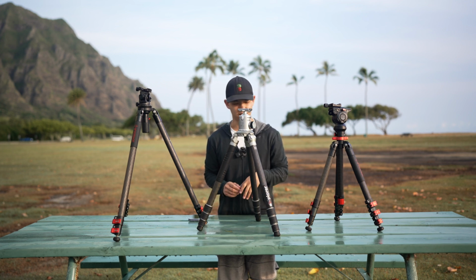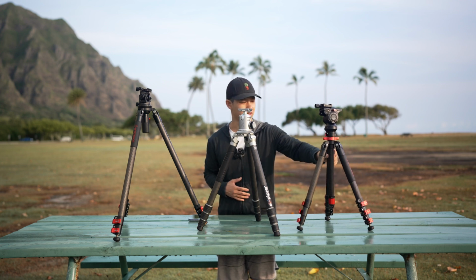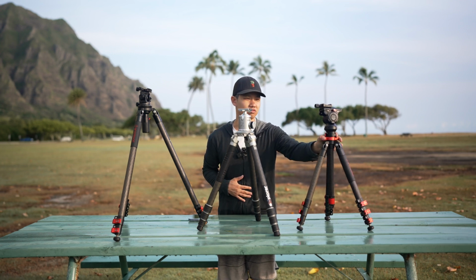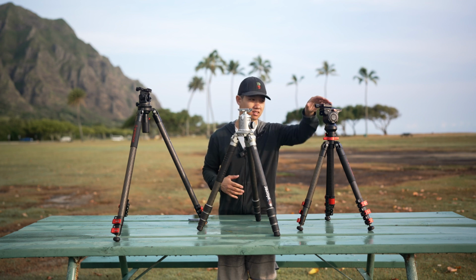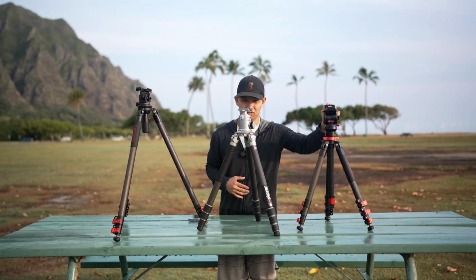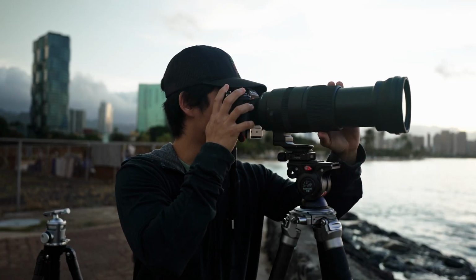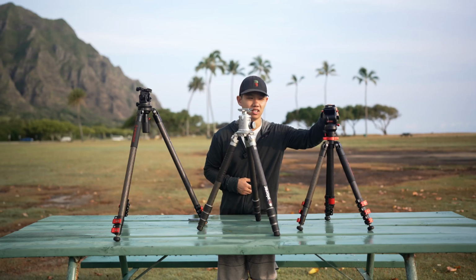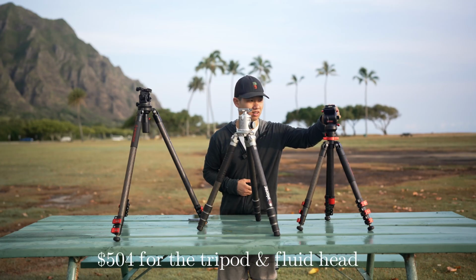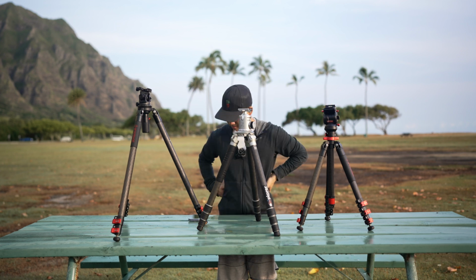When we compare it to the other options, something like the TC5 is going to be a little bit cheaper. It's going to run you about $350, and what's even better is that you get an even more robust and stable fluid head. Depends on what you do. If you do a lot of long lens stuff, if you do a lot of video stuff, it might be worth investing in this fluid head. That's going to put you back only about 150 bucks. However,